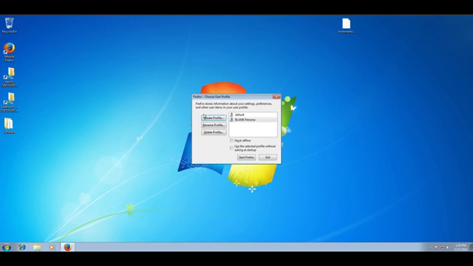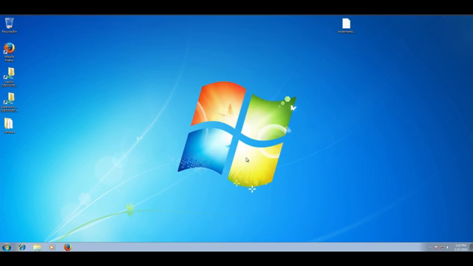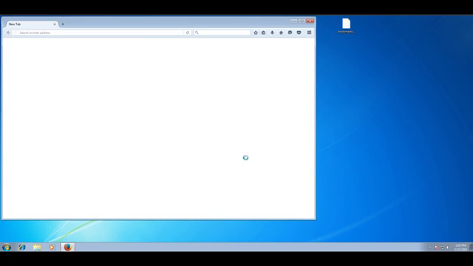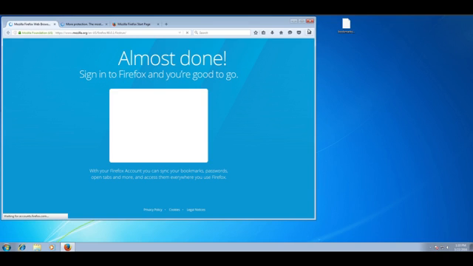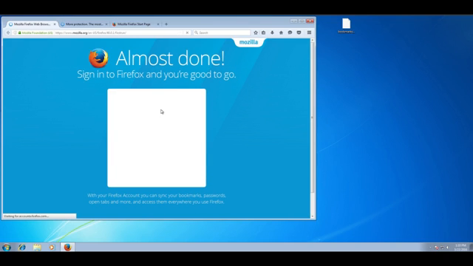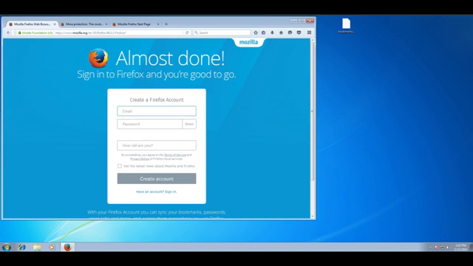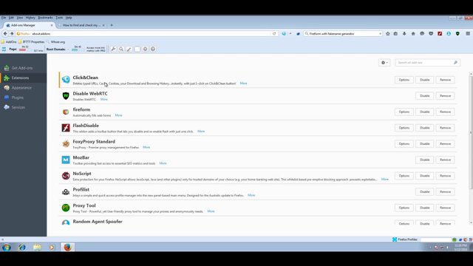So there we go, we've got a blank persona. Start it. Firefox should open. Now we're going to install a bunch of extensions. And I'll pause the video while I do that, and then I'll go through them. Okay, so I installed all the